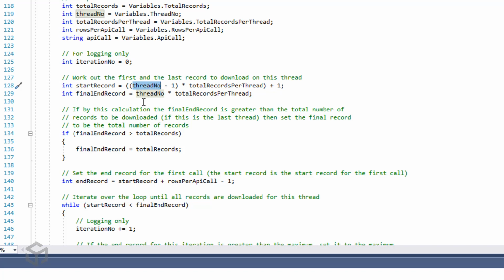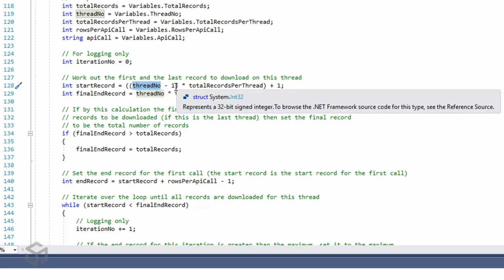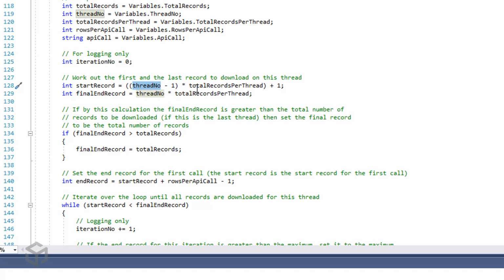For thread number 1, our first value would be 1 minus 1, which is 0, times 250, which is 0, plus 1, which is 1. So that's our first number. If it was thread number 2, it would be 2 minus 1, which is 1, times 250, which is 250, plus 1 is 251. So for thread number 1, the end record would be our start record,